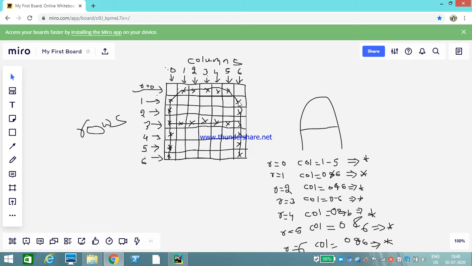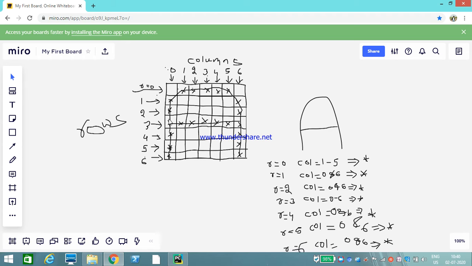I have to print star in the first row through the sixth row, except the zeroth row. So we need to check this condition. In the first column, except the zeroth row, we need to print all other rows as star. Same way, in the sixth column, we need to print stars except the zeroth row.